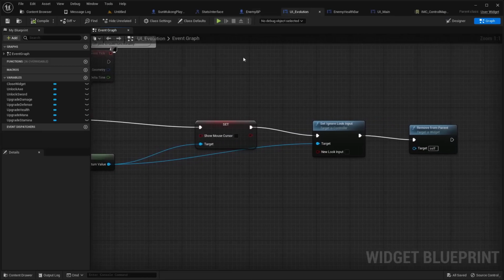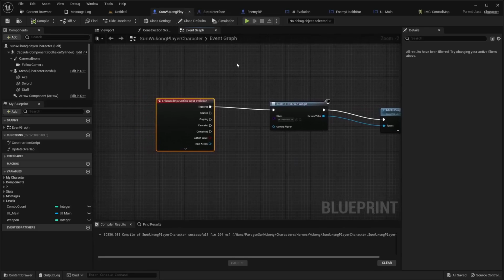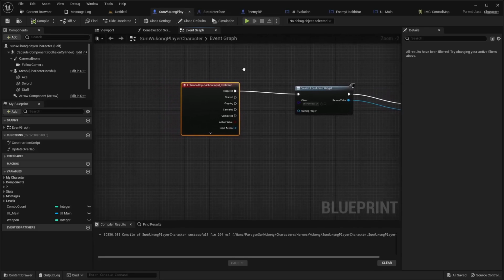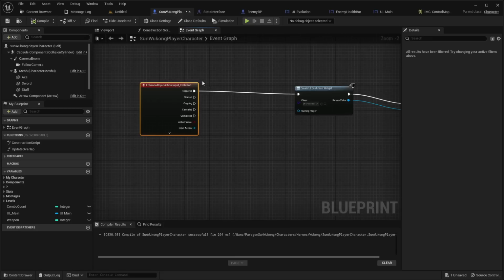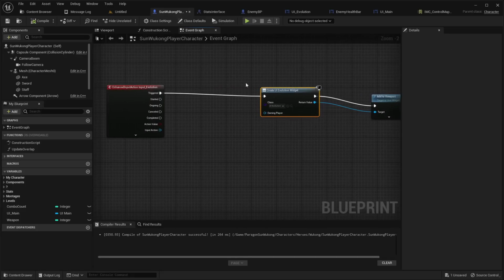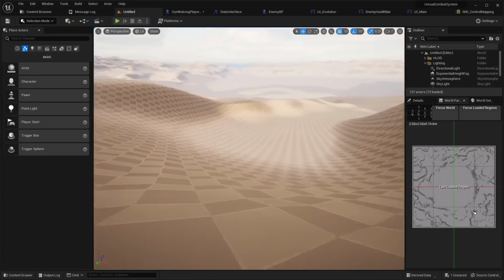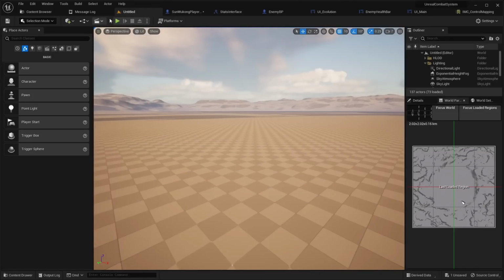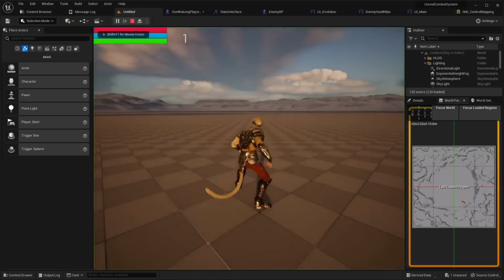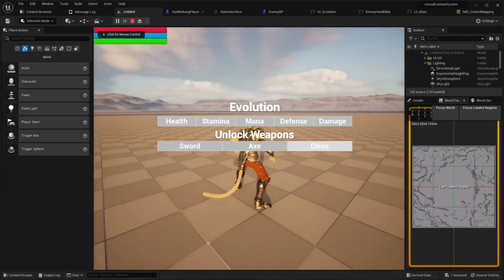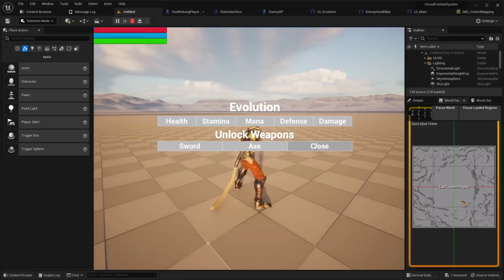And the error is in our Sun Wukong player character, and it is our input. These inputs were created in Unreal Engine 5.1, and this is a new thing, and I am not very used to using these inputs. So here we have our input evolution, and the problem is that our widget is being created many times. So if I go to our game here and open our screen, nothing happens if I close this, but if I keep clicking, after a while